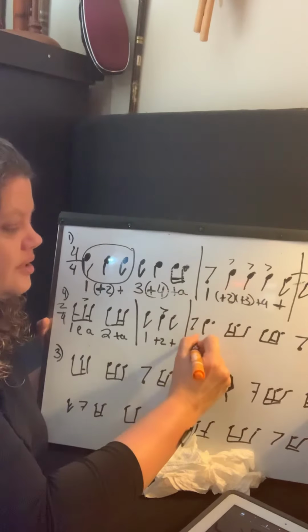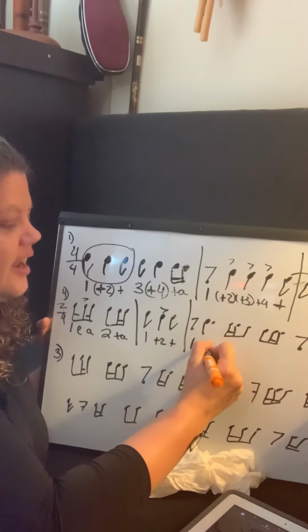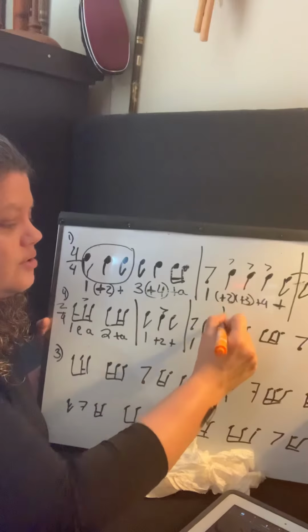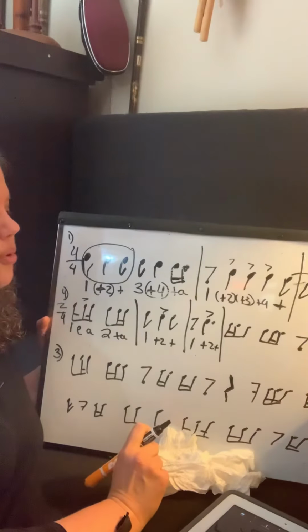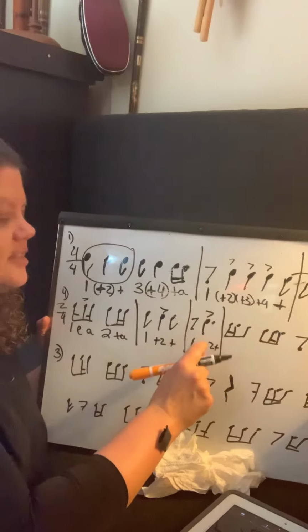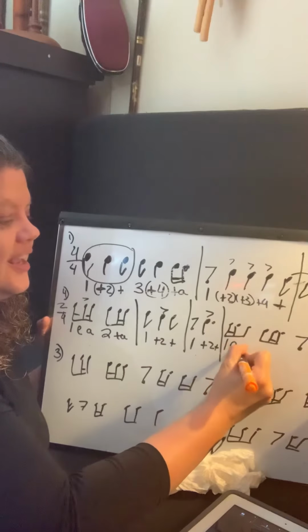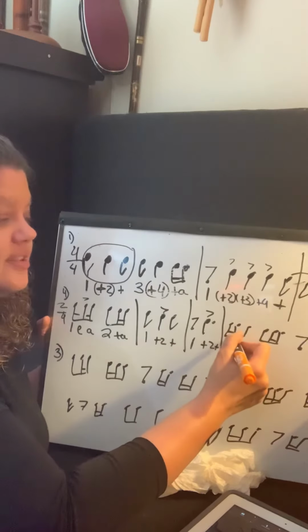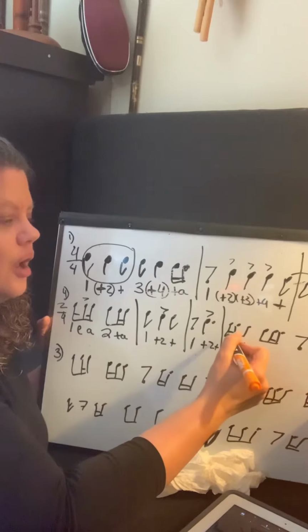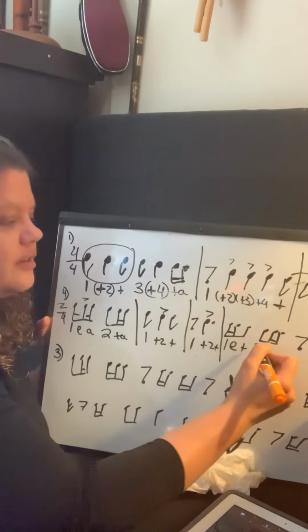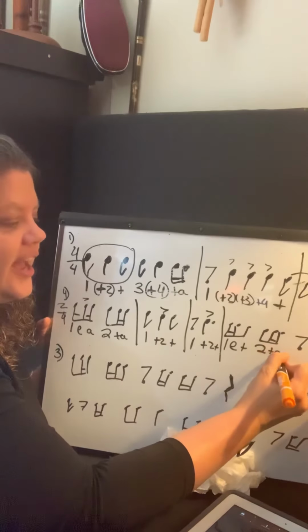It's a rest, but you still get counting here. 1 and, and 2 and. That is also syncopated because the entry point of that note is on the and. Ta, ta, ta. Okay, continuing. 1 E and. It's E because it comes after the second 16th note. The and would be silent. 1 E and, 2 and,